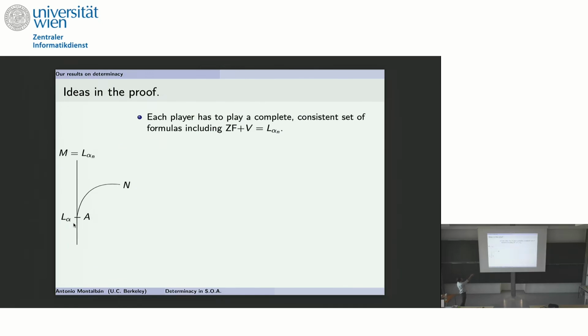And again, the first 3 or 4 lines kind of mimic the idea in Harvey's proof, and then they differ. Okay, so we say that each player is playing a set of sentences. So we have all the numbers for the sentences. We go one by one, and we just say yes, no, which sentence you want in the theory. You're going to end up with a set of sentences. Within your game, you're allowed to put the rules for the game, right? We are defining the game. So they need to play a complete, consistent set of formulas. They need to satisfy ZF plus V equals L alpha. So there is some way of writing down that V looks like L of alpha n, where alpha n is the least n-admissible ordinal. See?